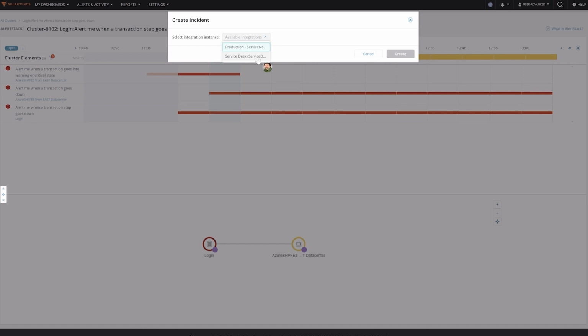So again, the great thing is you can go in and once you've looked at the cluster and decide, hey, this is a real problem that we need to track and fix, you can push that right into your help desk and manage it from there. If you clear it, it can also clear the cluster, which also clears all of the associated alerts. So this is not like I have to clear the cluster and then go to each alert and clear it. When I clear the cluster, it also acknowledges and clears all of the alerts that you have. So it's really a handy feature.